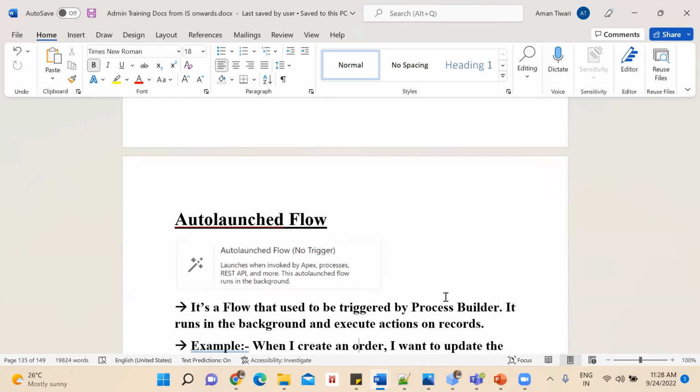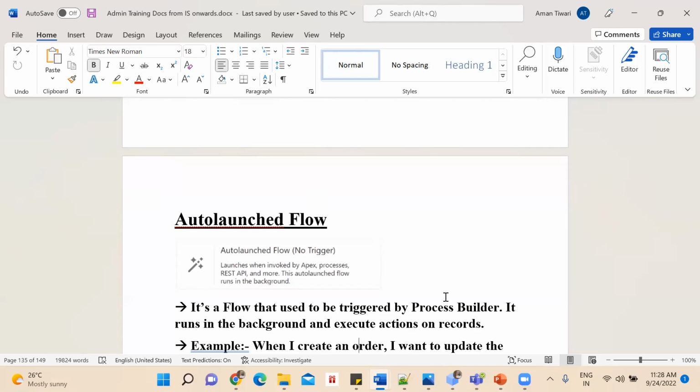Now, the two things that I said, an email should be sent and a task should get created, I will create an auto launch flow for that. The major difference between your record trigger flow and auto launch flow is that in record trigger flow, you give a triggering condition.